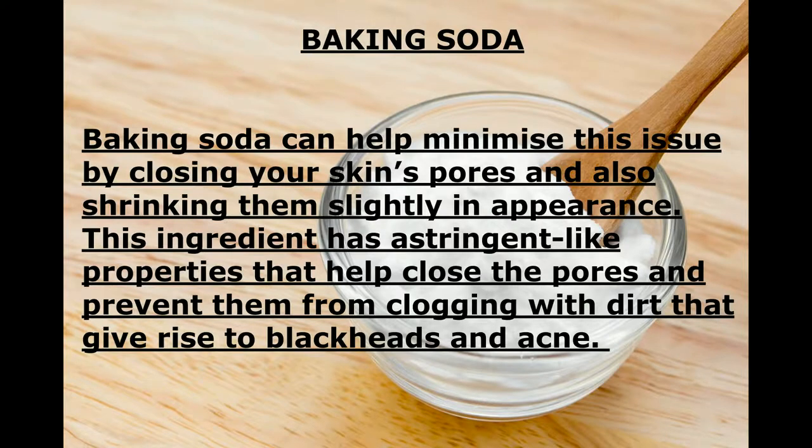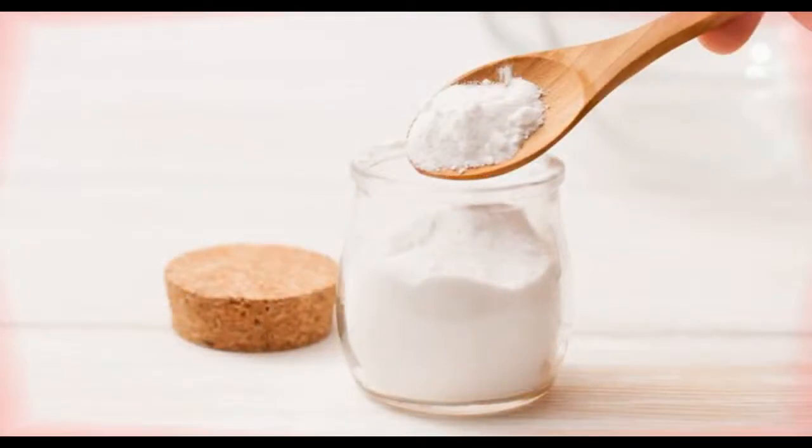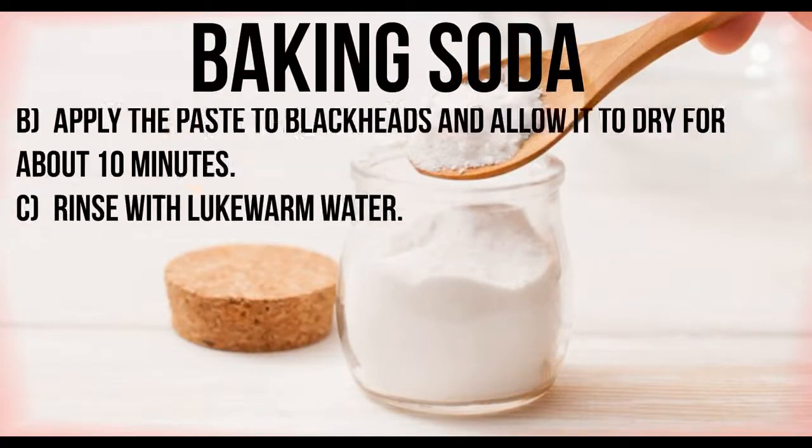Baking soda can help minimize this issue by closing your skin's pores and also shrinking them slightly in appearance. This ingredient has astringent-like properties that help close the pores and prevent them from clogging with dirt that gives rise to blackheads and acne. Steps to use baking soda for treating blackheads: